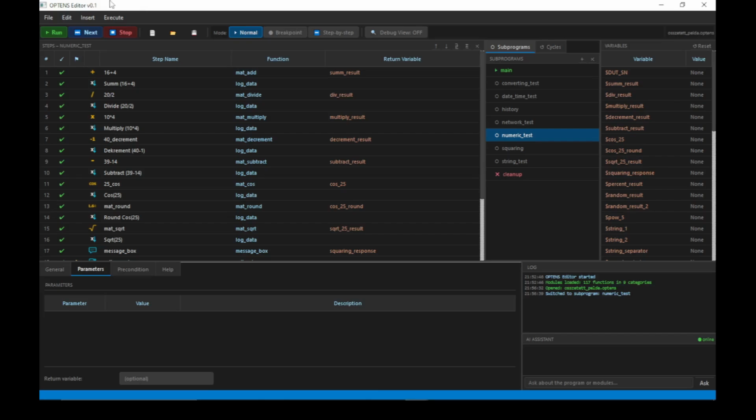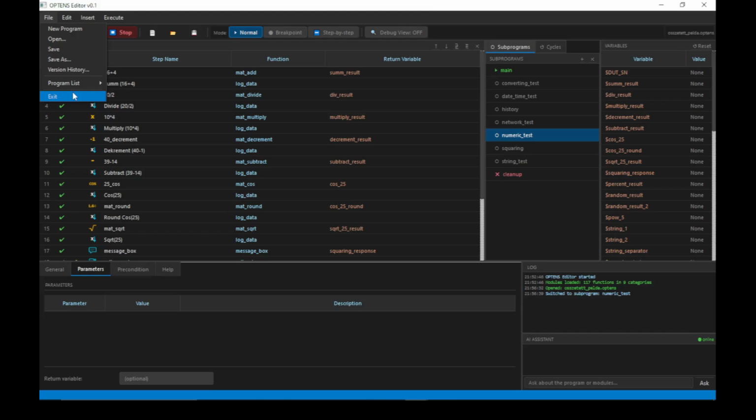At the top of the program window, you will find the menu bar, where various file operations, program editing, and program execution functions are available. Under the File menu, you will find the usual file operations, such as creating a new program, opening an existing one, saving the program currently being edited, or saving it as a new file, viewing the version history of the open program, and exiting the application. The File menu also contains a special submenu,